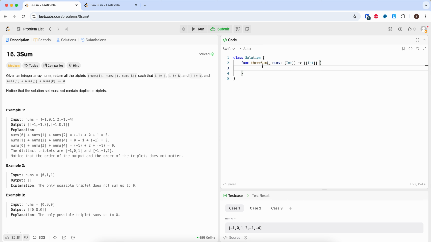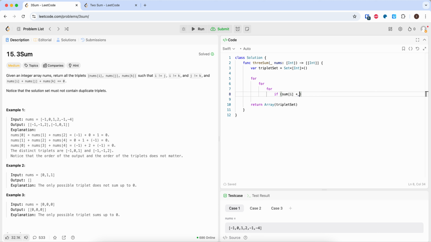What I mean by that is, you could have a triplet set, which is a set of arrays, and in the end you can return the triplet set. To find your triplets, you would basically have 3 loops that go over the input array. It doesn't have to be sorted. It's just an array that you iterate over. And if the sum is 0,